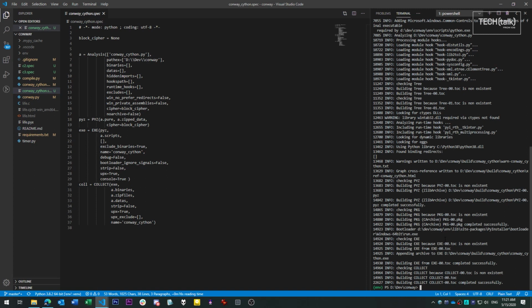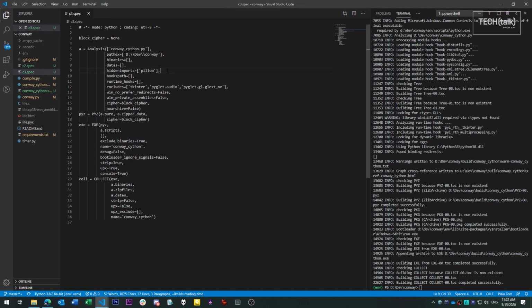Most of the time, PyInstaller will be able to detect all of the imports needed by your program, but sometimes it may miss one. In a case like that, you'll need to manually specify the name of the import in this section of the manifest here, hidden imports. For instance, if my program needed the pillow library and that wasn't being copied by default, I could just add that as a reference. Another common problem with PyInstaller is when it packs too many things into your app.